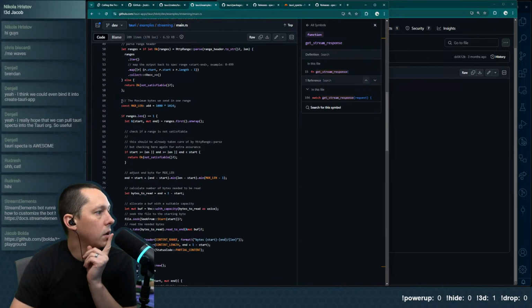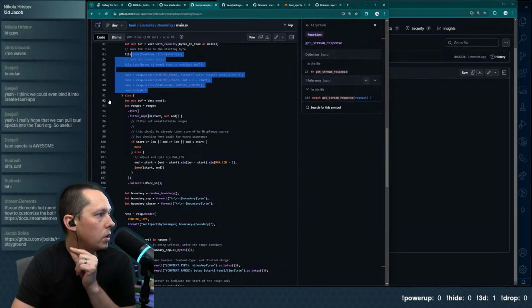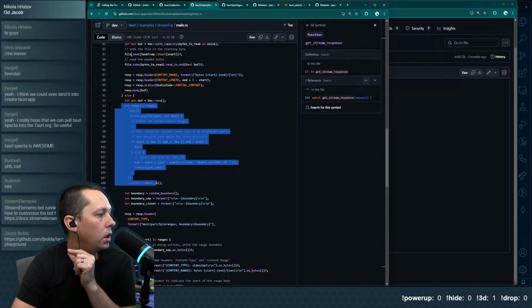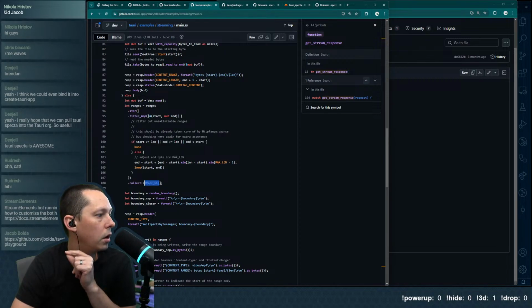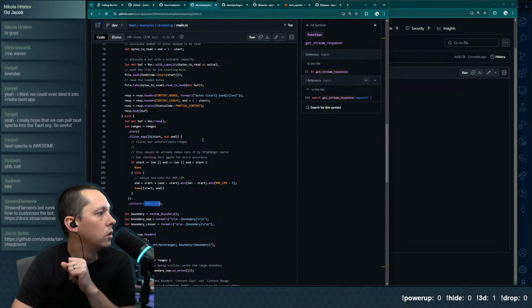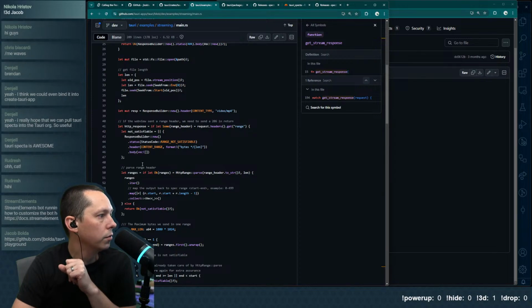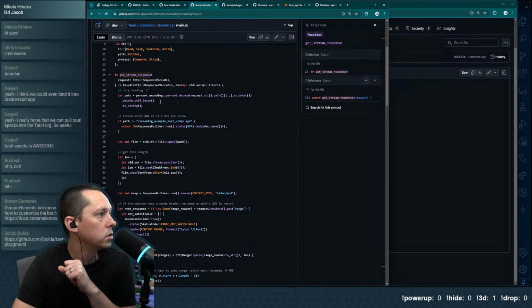So what they're doing here is, if there's only one range, then just do the thing. Otherwise, we do a ranges iterator filter map, and then we collect. So we get a vec of these, basically content.